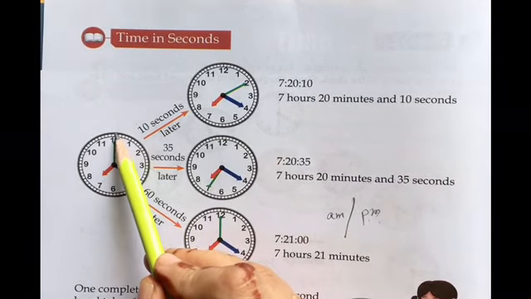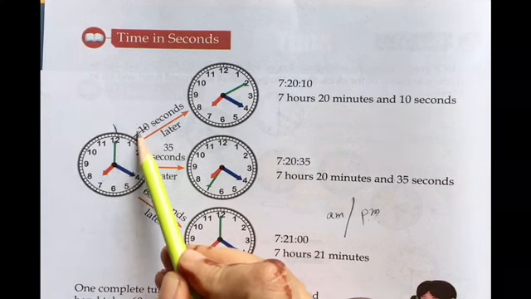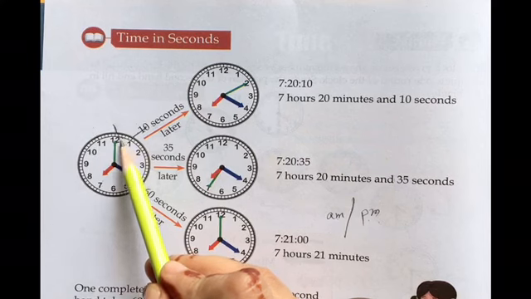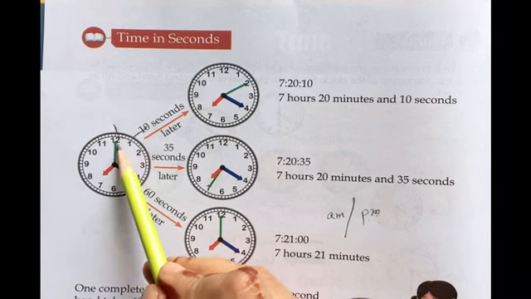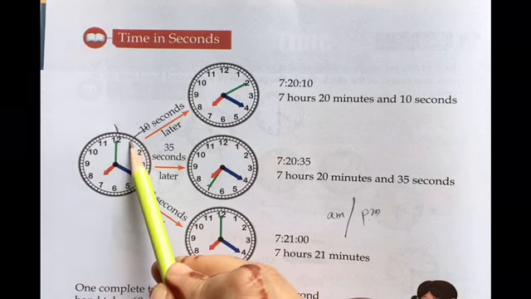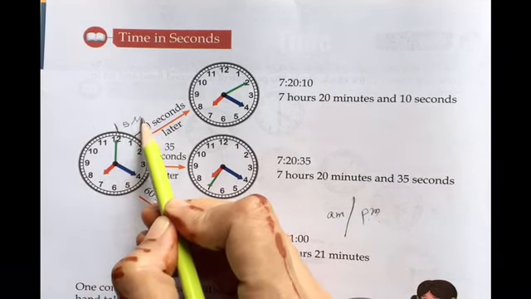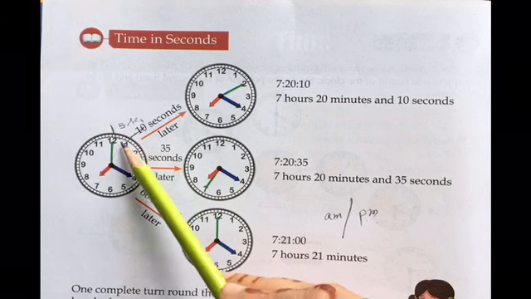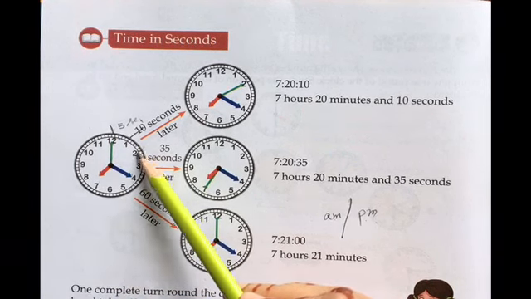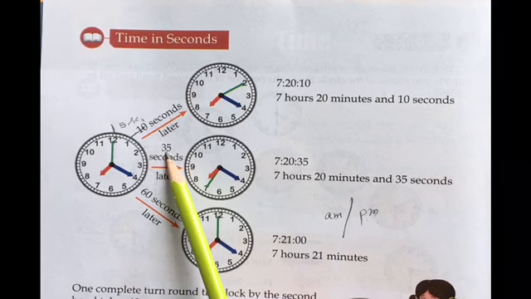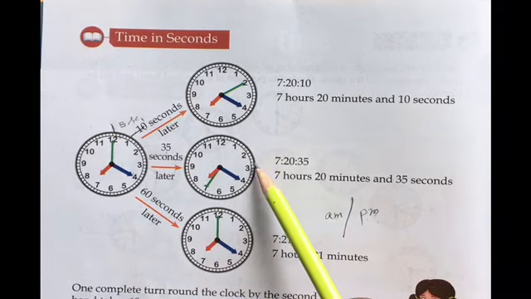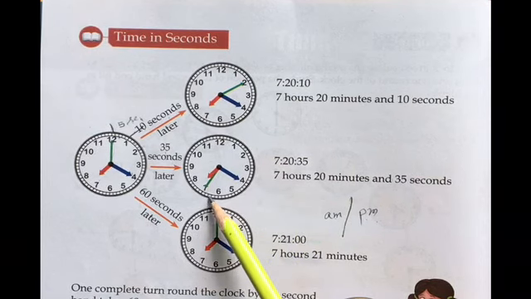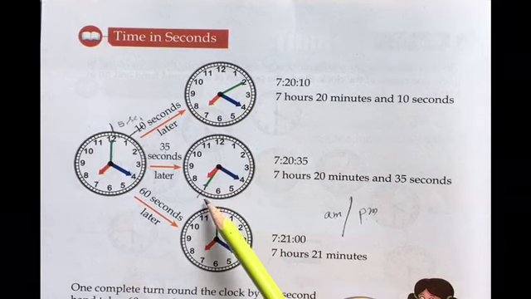Now if I say 12 to 1, this has 5 separations in between it. So if this second hand, green colored, is moving from 12 to 1, it is 5 seconds. Now you have to tell what will be the time after 10 seconds, where this will be. So it will be 5, 10. So it will go on 2. After 35 seconds it will go at 5, 10, 15, 20, 25, 30, 35. So here it will go after 35 seconds.